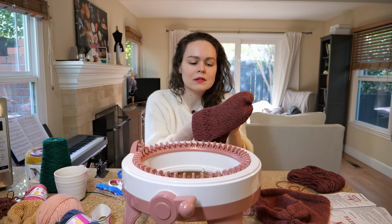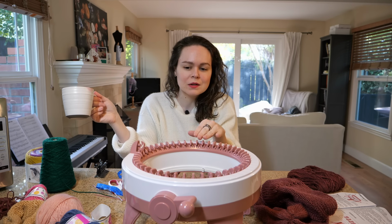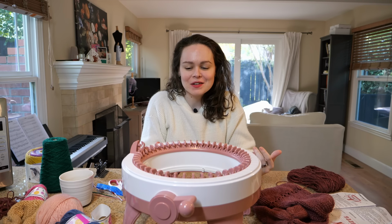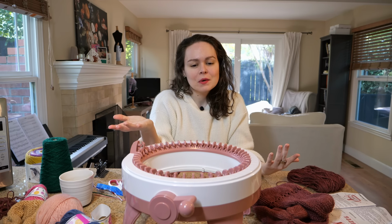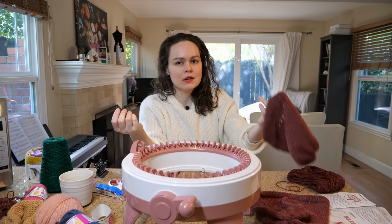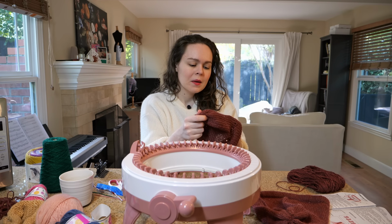And I know it does flat panel knitting. I haven't gotten to that mode yet. I purchased this with YouTube money because I know they're popular and I wanted to see what all the fuss was about. I would not have spent my money on this otherwise because I already have 2 flatbed knitting machines. I would recommend it for kids or teens who are interested in playing around with knits and maybe don't have the patience for hand knitting or don't have the dexterity for hand knitting. But